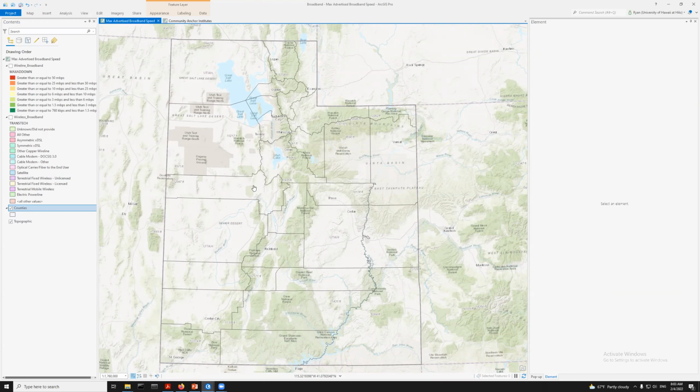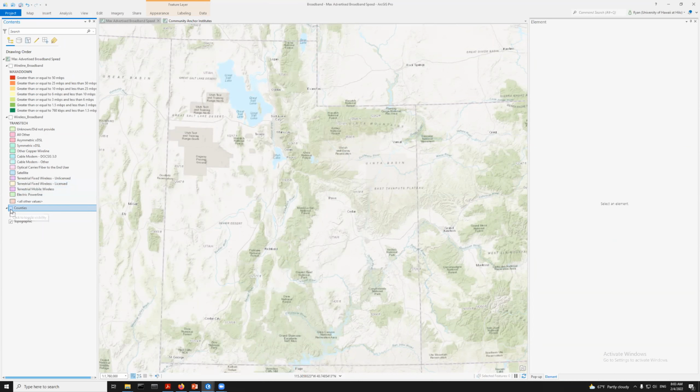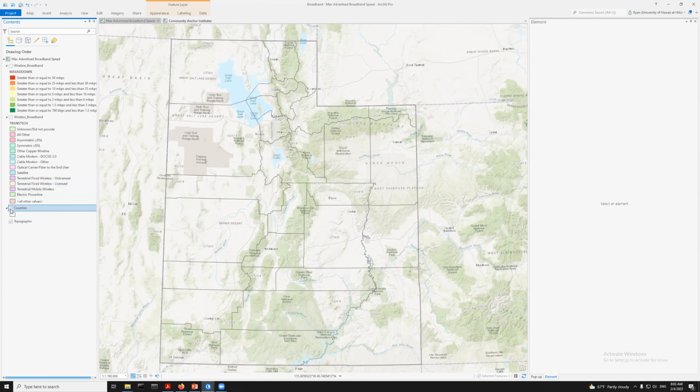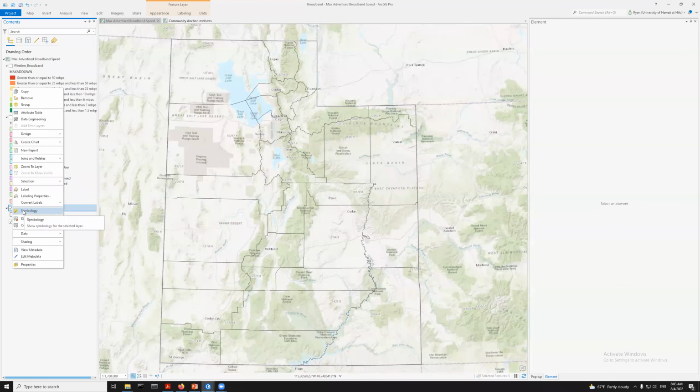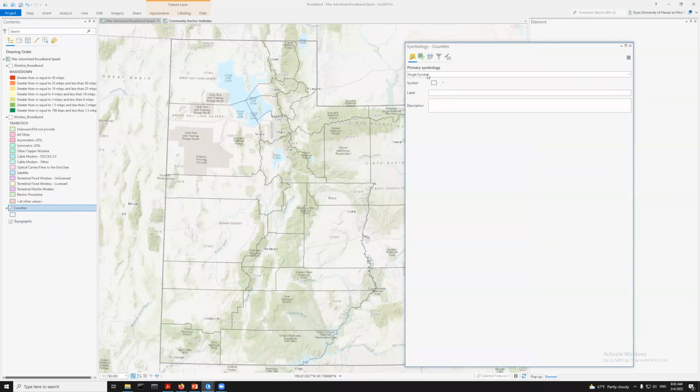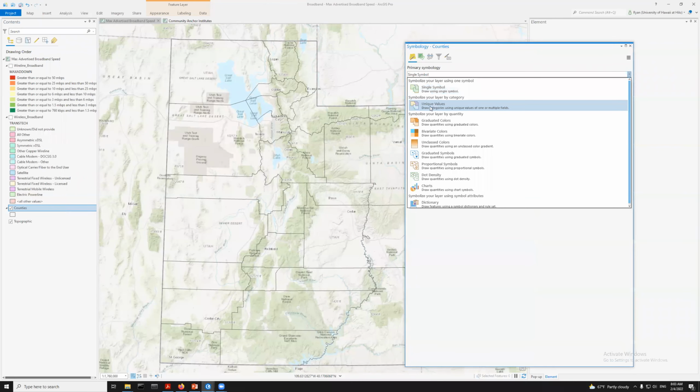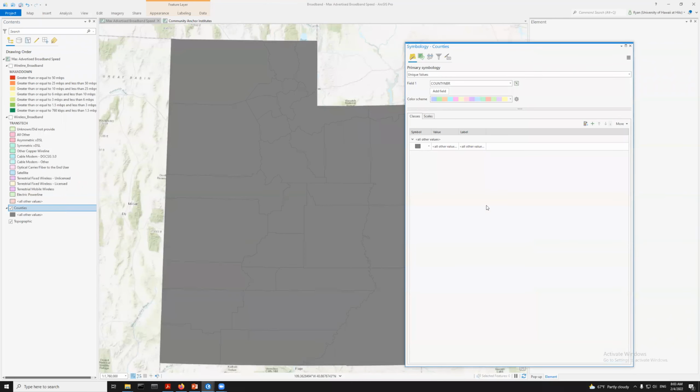So right now, this is the symbology for this layer. It's just a single symbol, right? So all the counties are looking exactly the same. They're all sort of transparent with kind of a black outline, but turn that off and on, you guys can hopefully see that. And if I want to change that, right now it's single symbol, right? But if I want to make it unique values, for example, I can do that. I can choose what type of